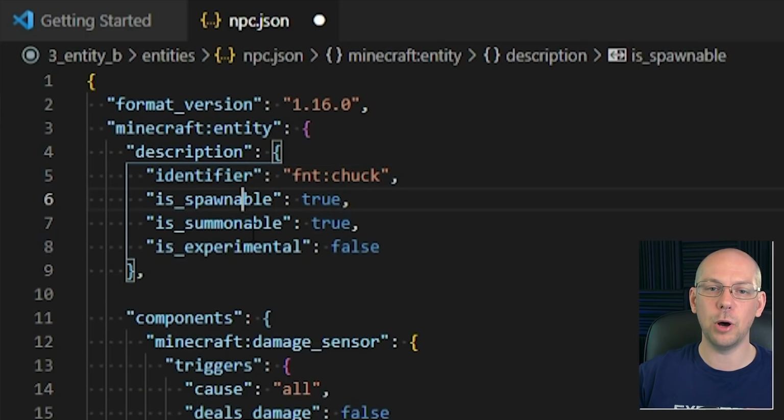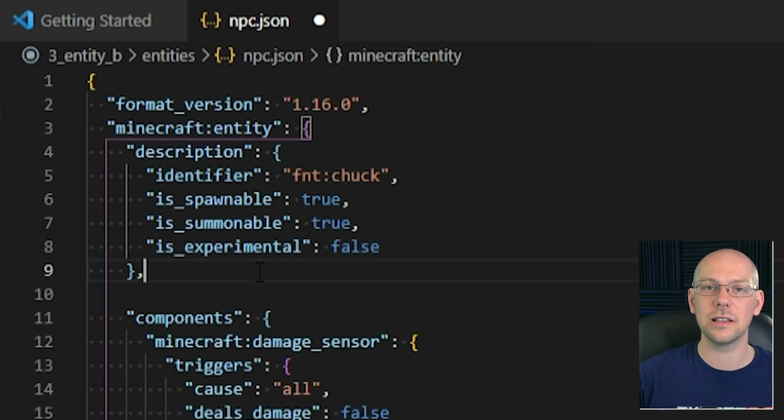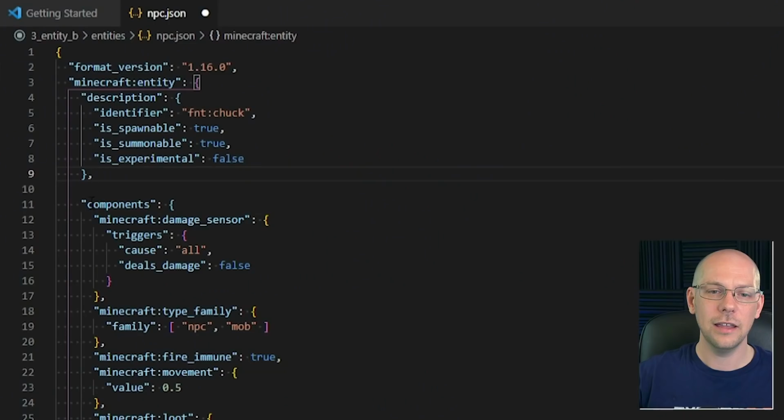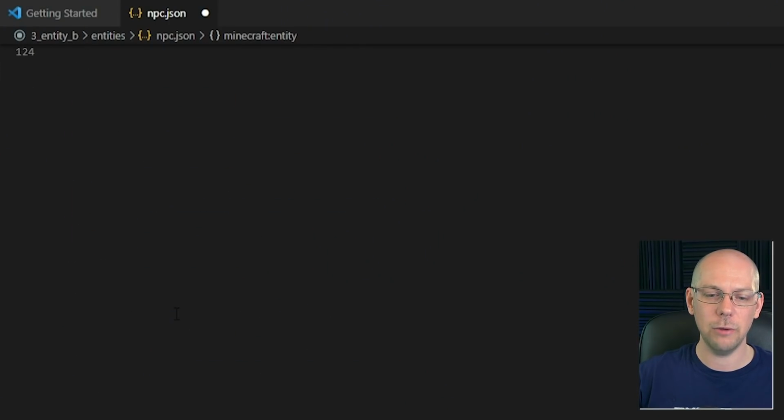Now, we've got is spawnable. That's set to true. That means we can spawn it in from a spawn node. If we put that on false, we wouldn't be able to get a spawn egg for it. Is summonable is also true, which means we can use the summon command to generate one in the world, which is useful. And is experimental is set to false, which means we don't need experimental mode to use it. So we're going to leave those as they are, and then we're going to dig down into these components,